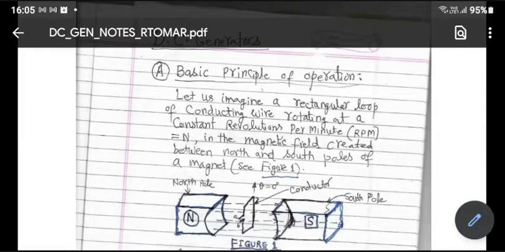But unless you have rotating conductors, you will not get the voltage that you are looking for. Whether the voltage is AC or DC is second part. Generation is always AC. Only thing is when we need DC, we convert that AC into DC. The DC generator is almost out of fashion nowadays, but we still need to discuss it in detail because this is the foundation for DC motors as well as for AC generators.